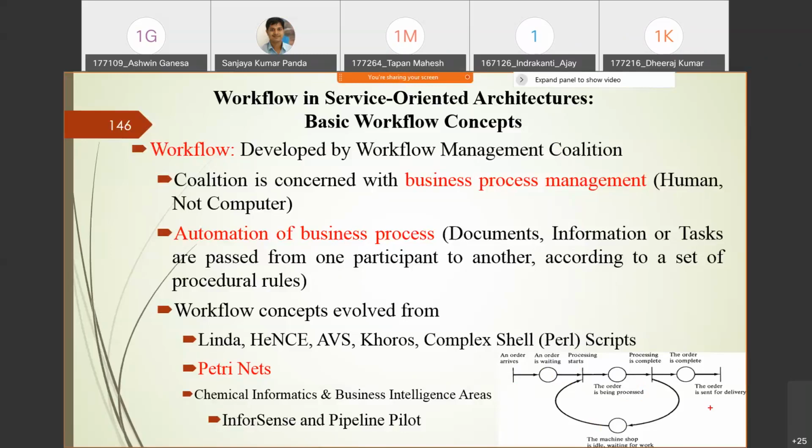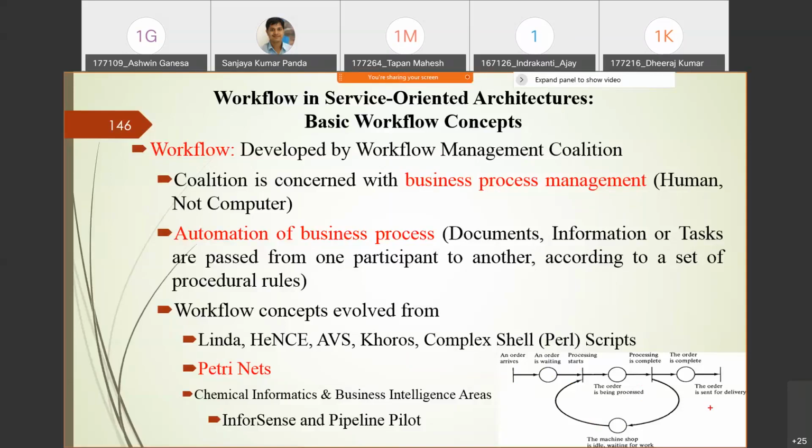So this is an example of pottery. It was used long back in the world, and it was also created as a workflow. Next, you can see the chemical informatics and business intelligence areas. They also have several workflows.